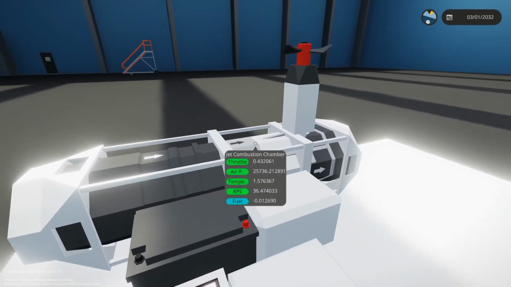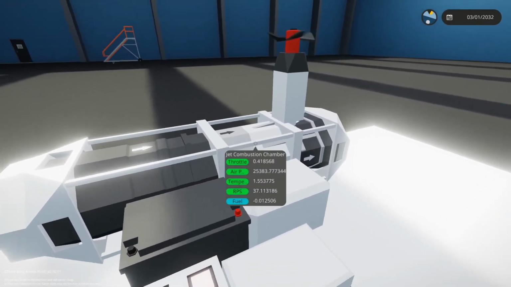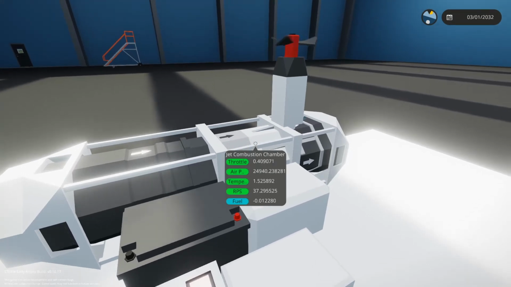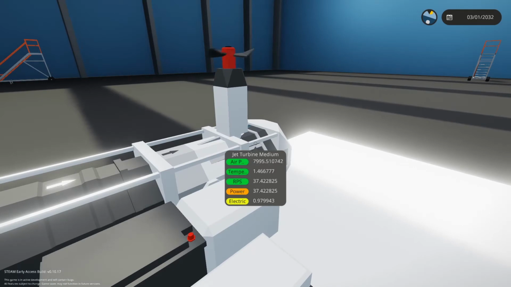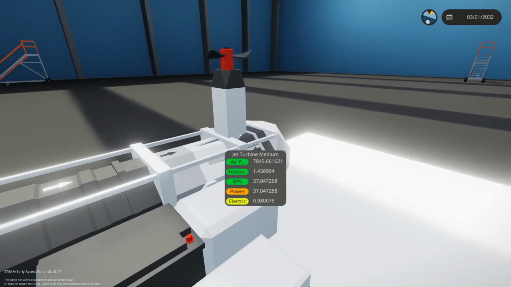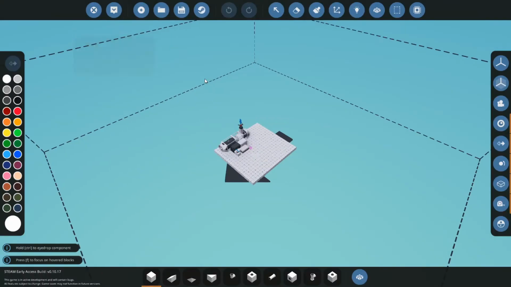Engine's all fine. Our throttle's slowly decreasing as we get closer to our target RPS, and we're getting a power output. Okay, so